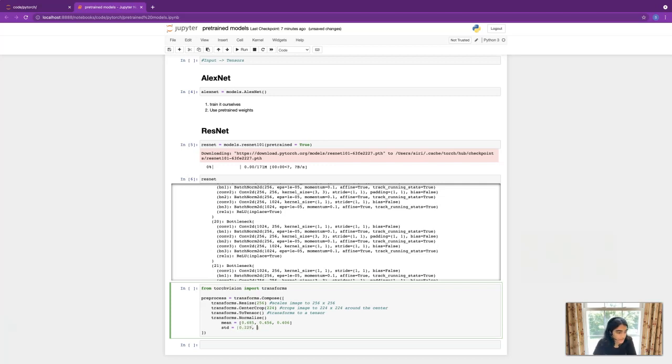0.229, 0.224, and 0.225. We're using these numbers so that we can get the best results, because these are the ones that were used during training. And this is to normalize the